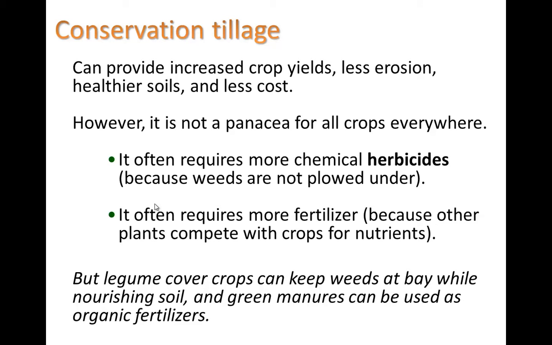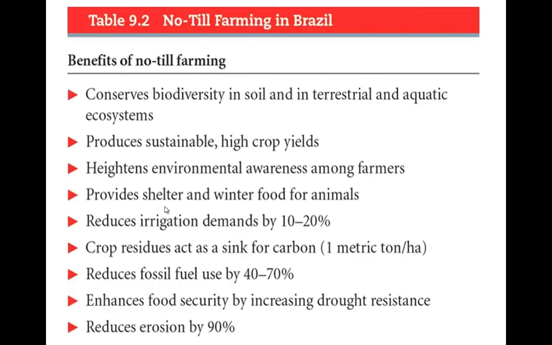But legume cover crops can keep weeds at bay while nourishing soil, and green manures can be used as organic fertilizers. So there are ways of controlling for these two things using organic methods. We say organic agriculture methods. This has been big in Brazil, and so some of the benefits of this: it conserves biodiversity in the soil